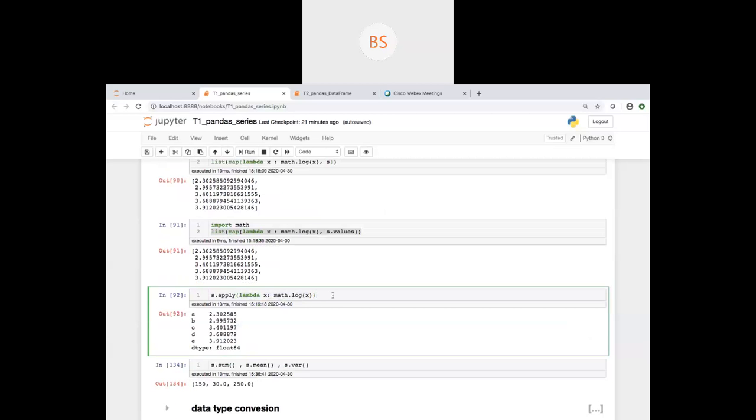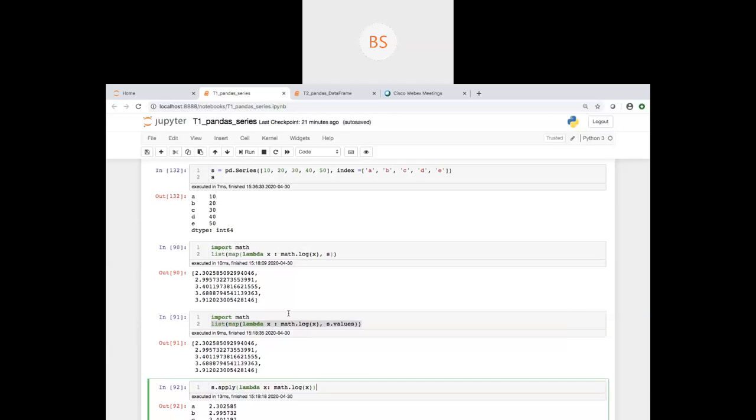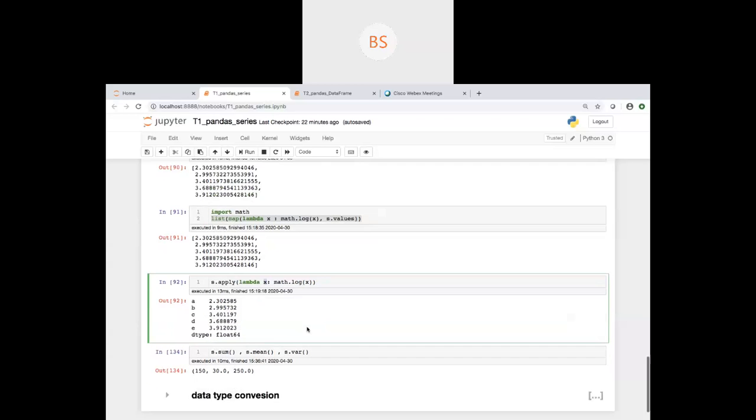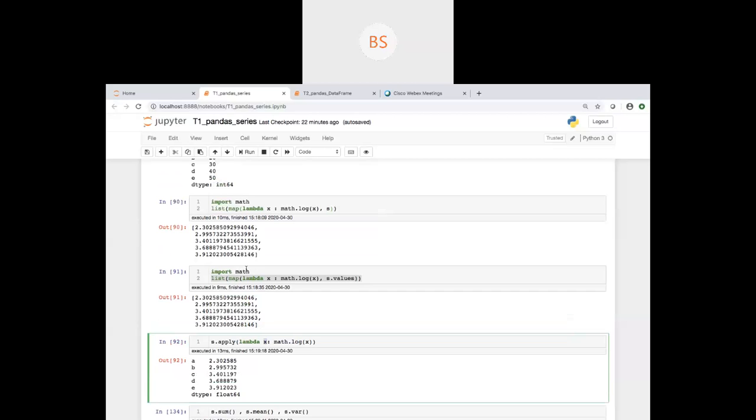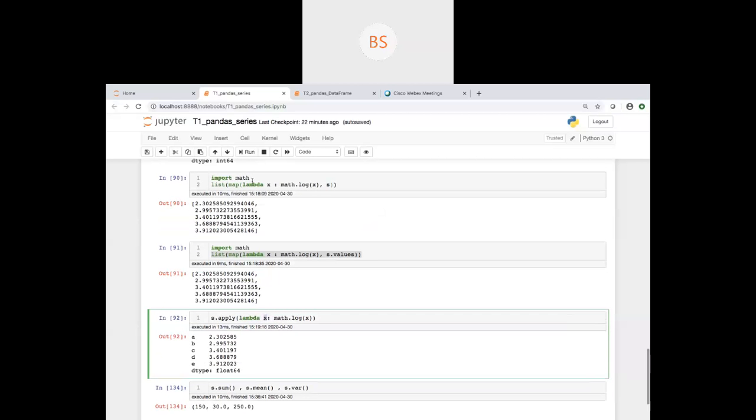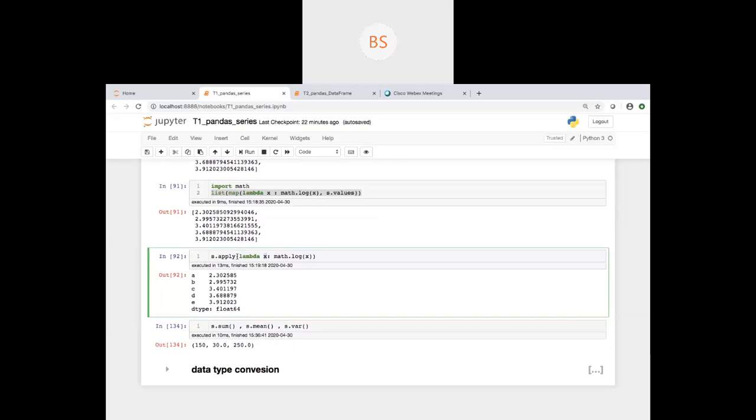Are you finding it a little bit difficult? What difference do I want to show? So far I was using only Python, but here I'm using a Pandas series. You can directly apply any function on a Pandas series with dot apply, and this is your lambda function. The lambda function will take a value and return the log of that value. Here you get the answer as a list, but here you will get the answer in series format. That's the difference. So when you want to apply these functions, don't do it the Python way. Do it the direct Pandas way.